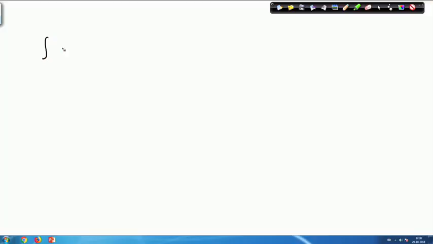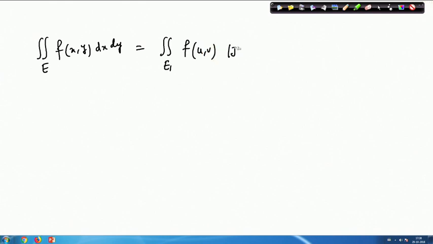So we looked into the fact that if we have an integral of, let's say, integral f(x,y) dx dy, where the integration is on a certain region E, then by using some sort of transformation we can transform this surface integral to a region E1, and here we will have f of (u,v), then the Jacobian, and then du dv. So we can change the variables of the integrand, and by doing this change of variables it will